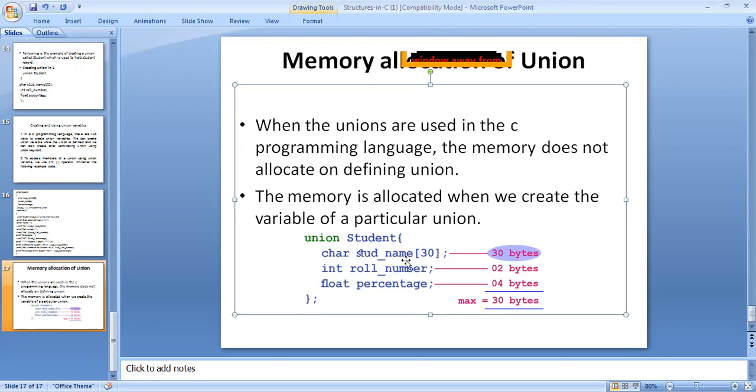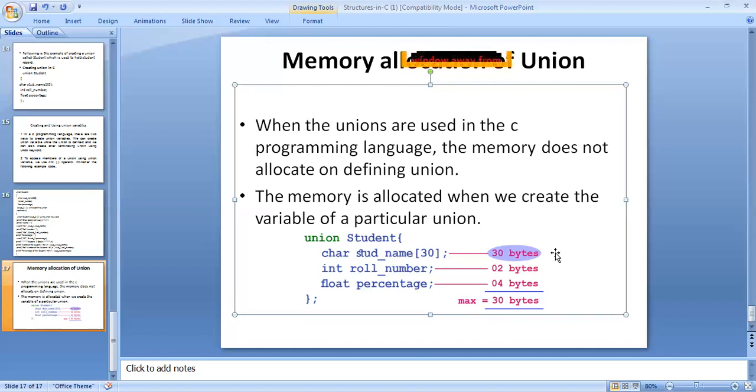Suppose we use only 20 bytes for the student name, the remaining 10 bytes will be unnecessary storage. But that storage is not used by other data types or elements. It is a particular variable location using 30 bytes only.